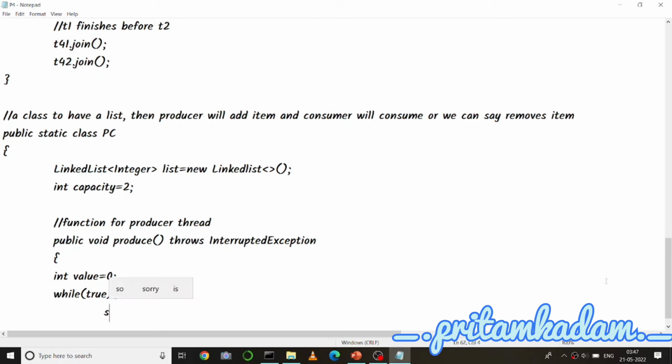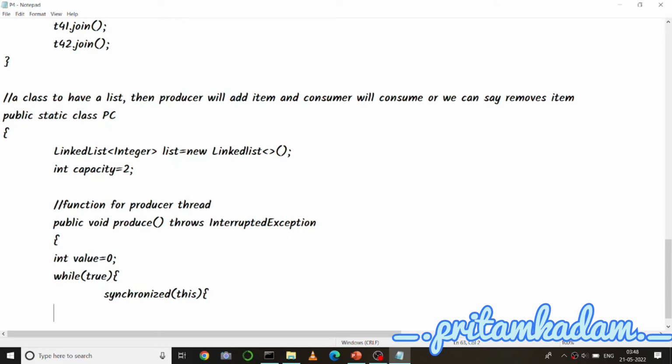So while true, and then synchronized this, then the producer will wait if the item list is full so that the consumer can start consuming. So synchronized this, and then open. Let me write a comment over here only: producer will wait while item list is full, and then while list size double equals capacity,